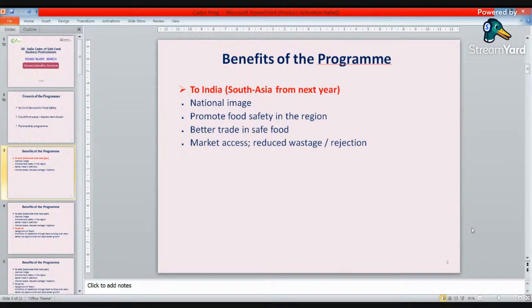The reason is we need to enhance food safety in the region. Now I have seen Nestle, Kellogg's, Pepsi's, Unilever opening their branches in these countries, apart from wherever they are globally. They need people, they need experts, whether from the same country or positioned somewhere from outside. But a lot of food wastage takes place because a lot of rejections take place. So if we enhance food safety within the region,